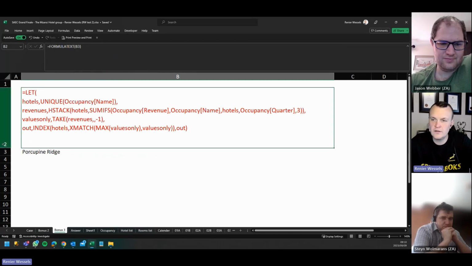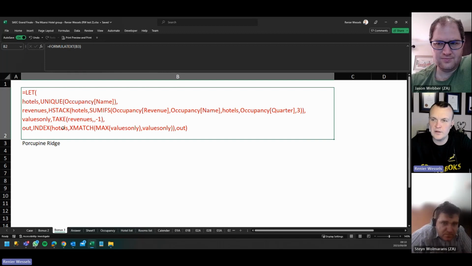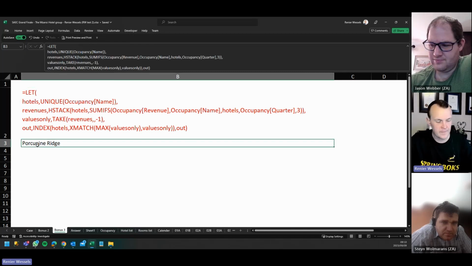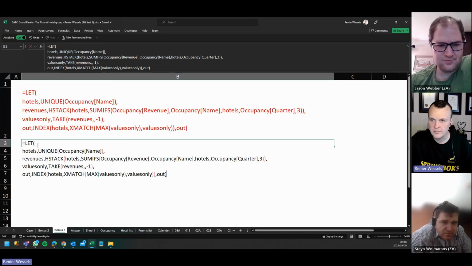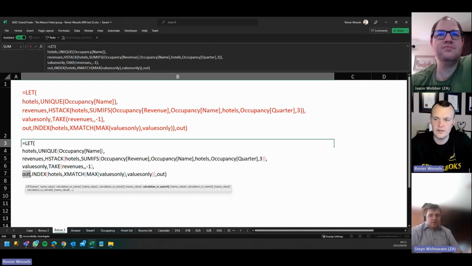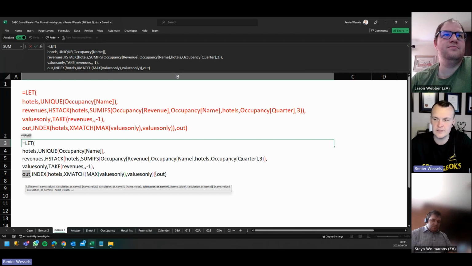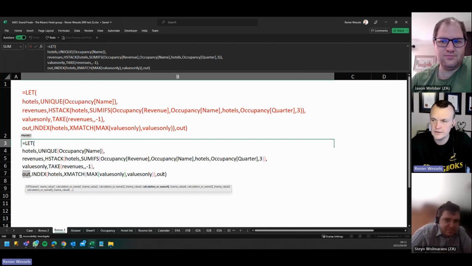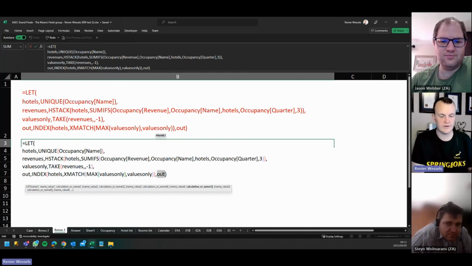I wanted to initially, and again, Bo and Dim probably will have a way to simplify this even more, or even Craig Hatmaker. He's also a lambda genius and a let genius. But if you unpack this formula again, it's not that difficult. So over here, instead of just ending off with index hotels match whatever, I ended up sending out the steps, because now I can say, okay,